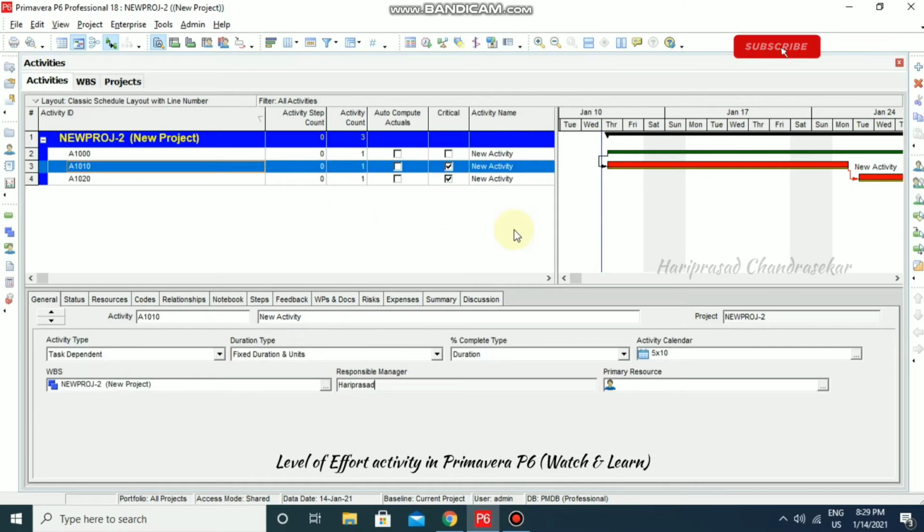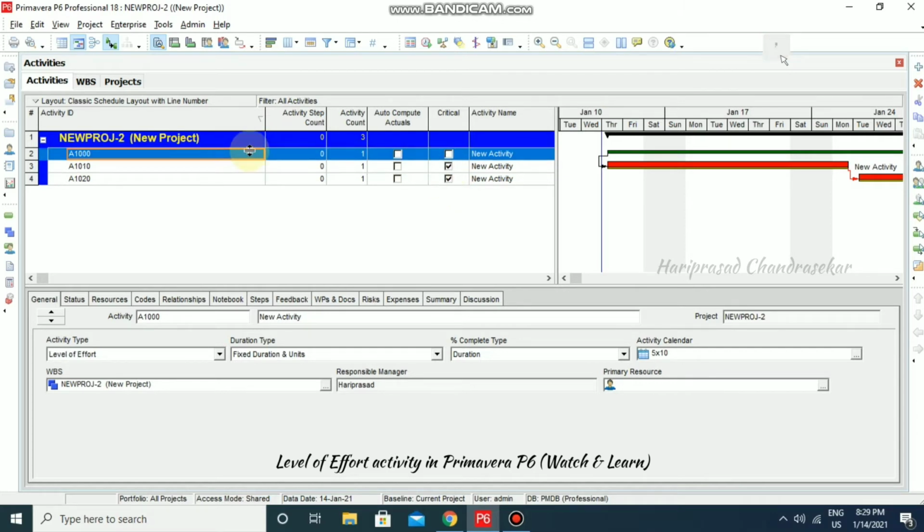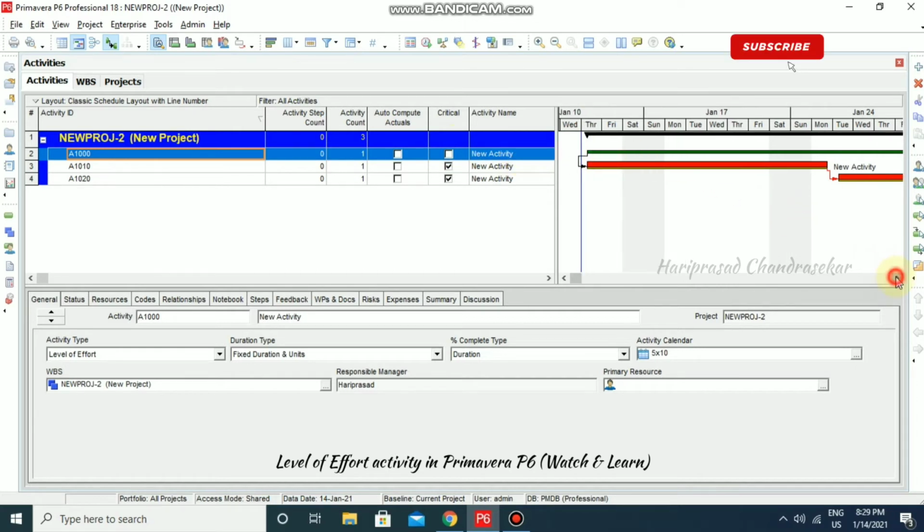So normally we can say this level of effort activity can't be a critical activity. So that's why here the box is unchecked. So we can see the red color. If it is in red color, then we can say that is a critical activity. And this level of effort can't be a critical activity even if it has a longer duration.